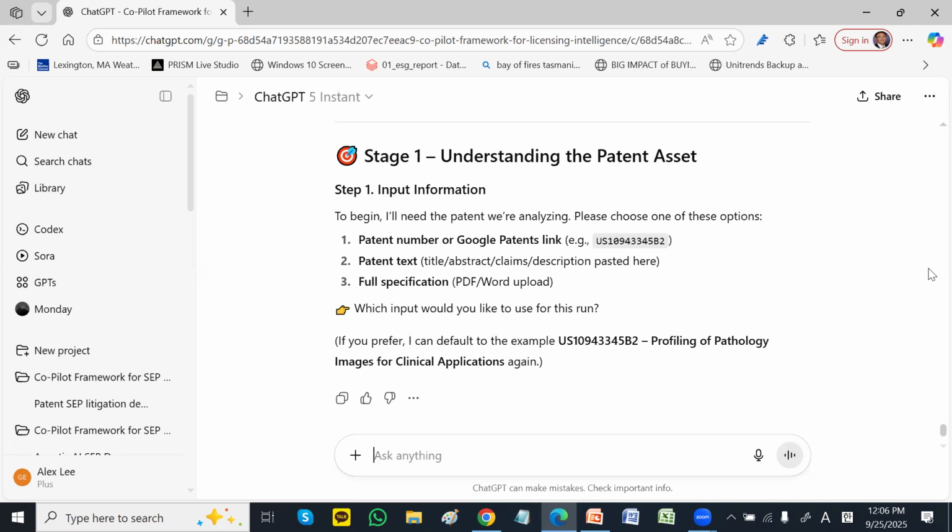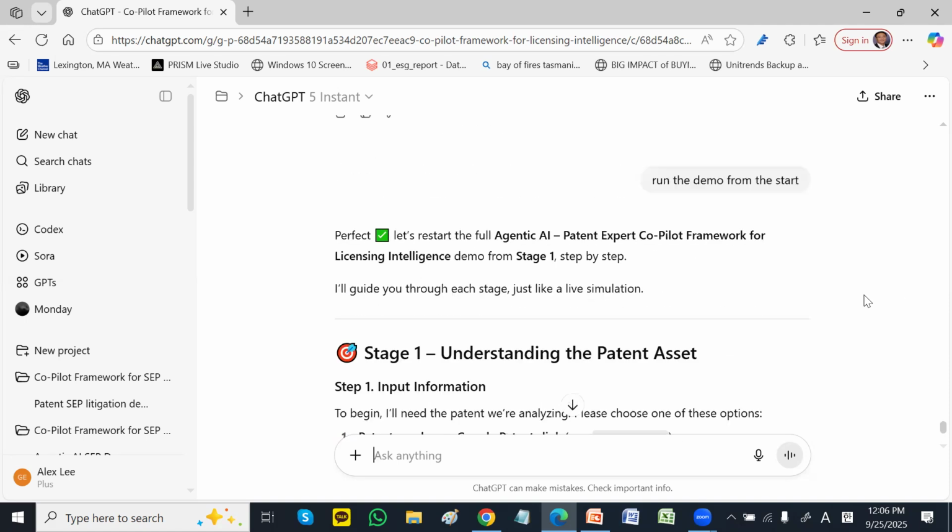So this one I actually tested. The first one is the patent expert co-filer framework for licensing intelligence. It has several parts that I will explain later, but it covers the whole life cycle of the patent licensing process. Some parts I already developed at a much deeper level, because it orchestrates all the different procedures in one place. But I tested each individually as a module, with deeper-level